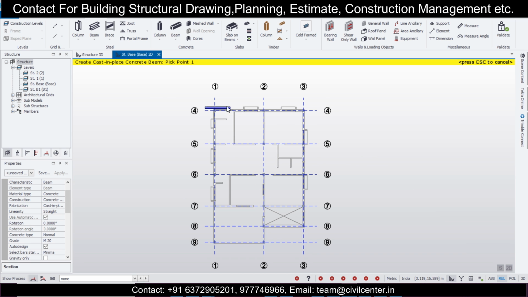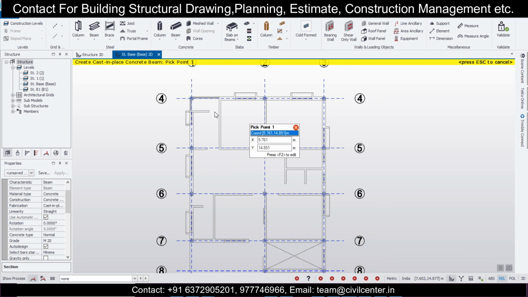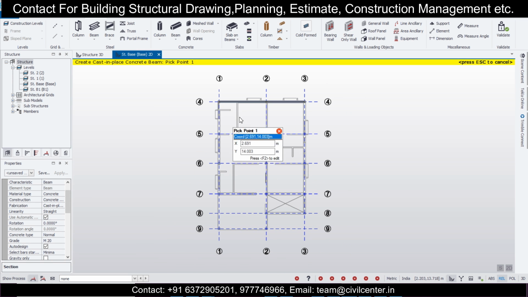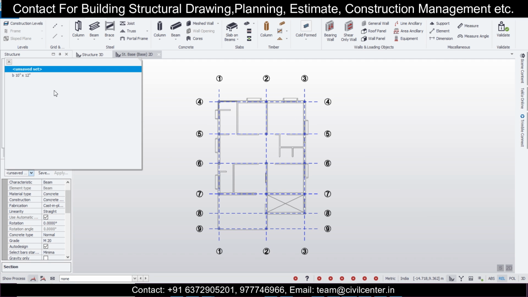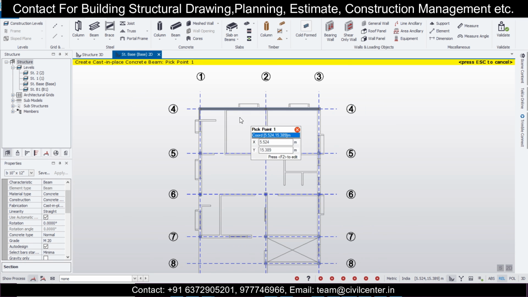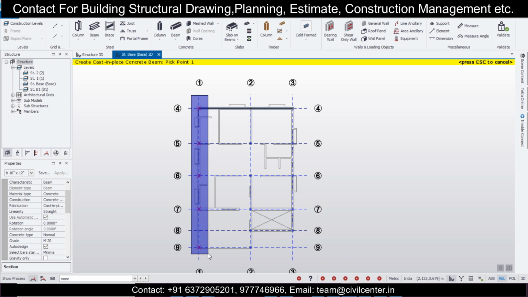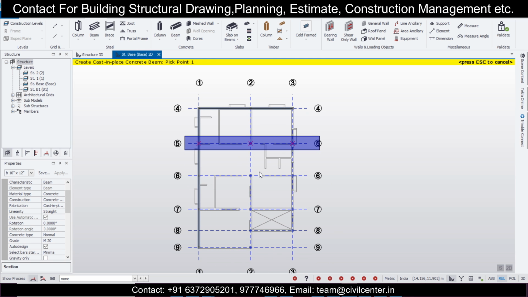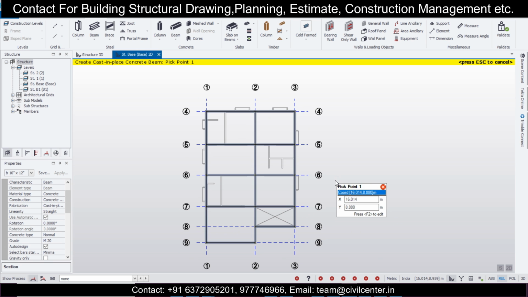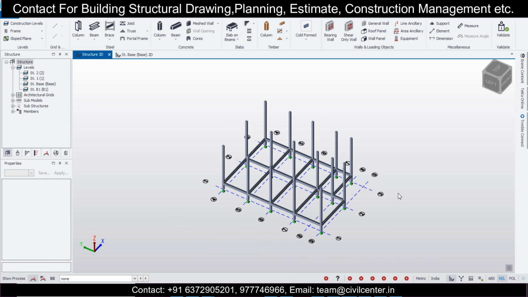You can join that, and if you want, you can simply go here like this, and select, before I press Ctrl plus Z, you can select this particular beam, and then you can do it. That will be better. Just join this like this, and we'll join it like this. This one like this. It's pretty simple. The main motto of any software is that it should save our time, because that's what software is for. Otherwise we can do any structural design by manual calculation, but it takes some time.